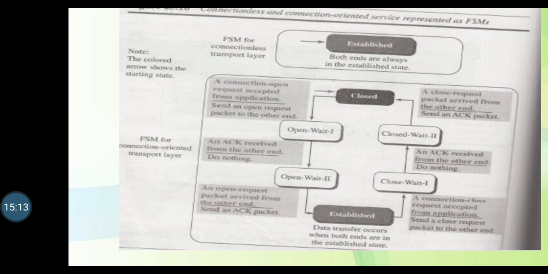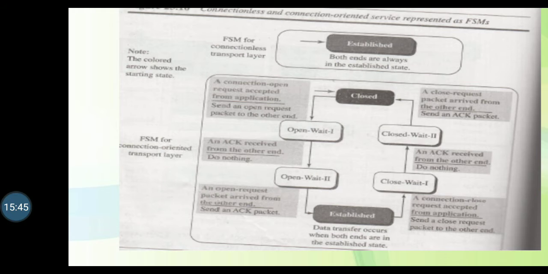So whatever is the behavior of the transport layer protocol will be represented, both when it provides a connectionless and a connection oriented protocol. So FSM, finite state machine, is used to represent the behavior of a transport layer protocol both when it provides a connectionless and when it provides a connection oriented protocol.